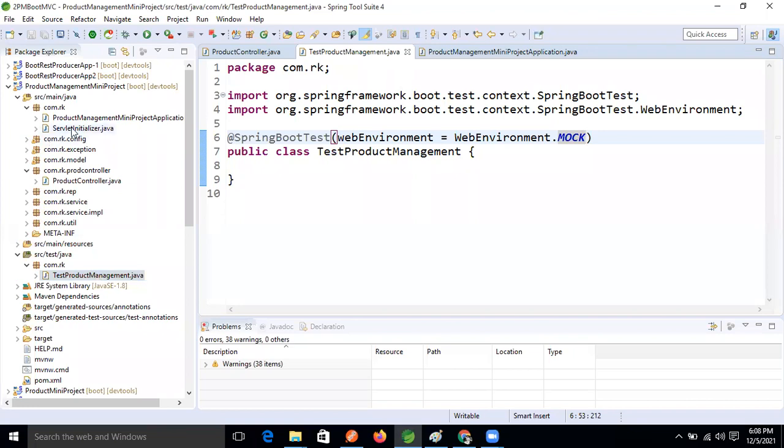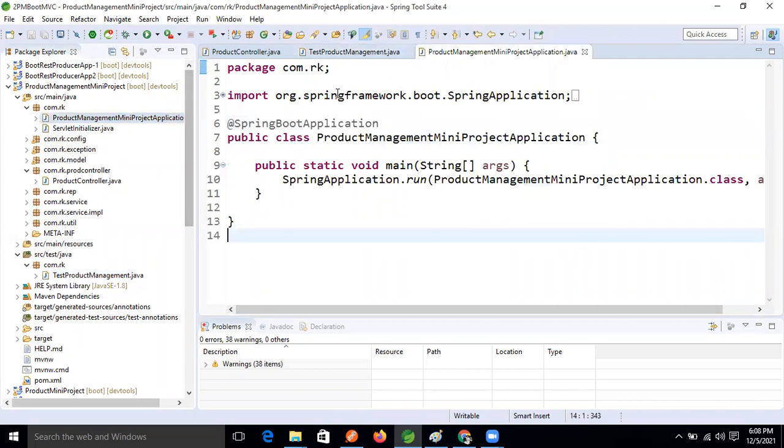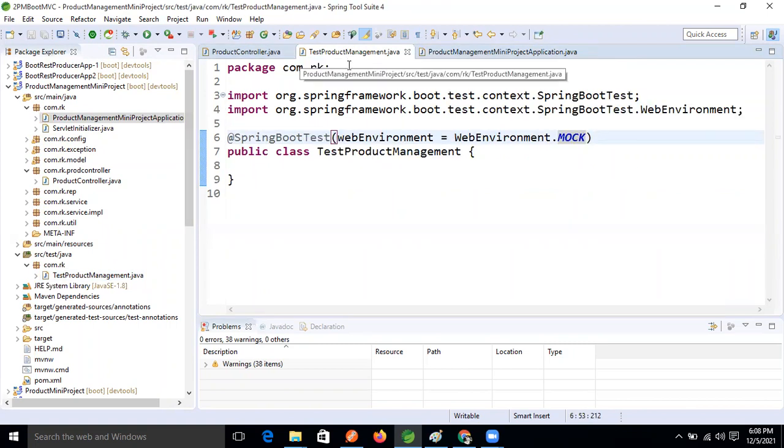Parent project is the MVC application, right? And those things will be automated. Who will create all those things? Our container only, right? Container creation. Container only. So if we want those things also in our test case class